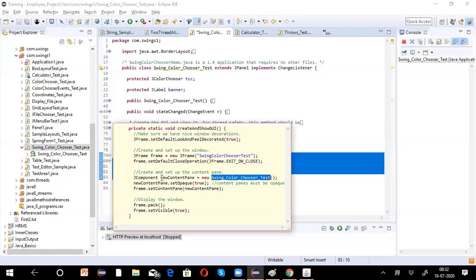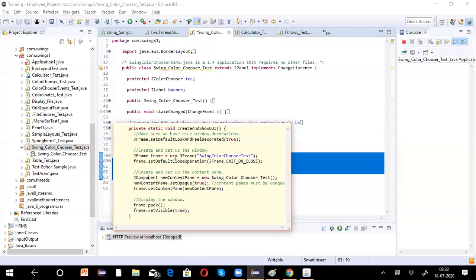Now here we are setting up the content pane. It is like adding the panel. Content pane is nothing but a JComponent. Now what is JComponent here? It is a predefined component.